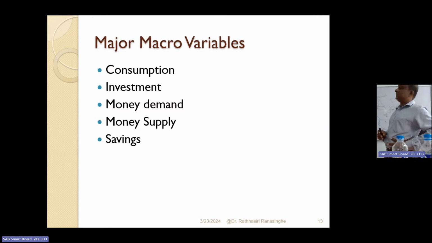And we identify investment, specifically private investment, as a highly volatile component with the activity. Money demand and money supply are the monetary factors, so those are also identified as major macro variables. And saving is the other side of consumption, because part of our income is consumed,